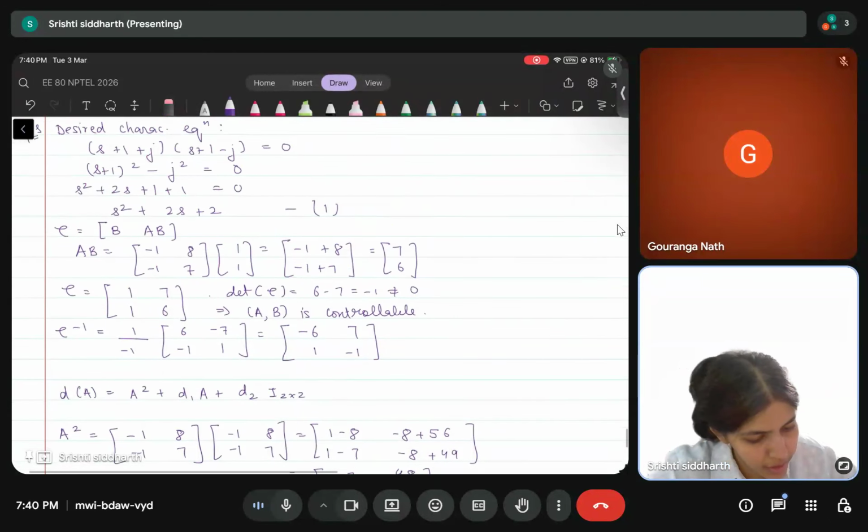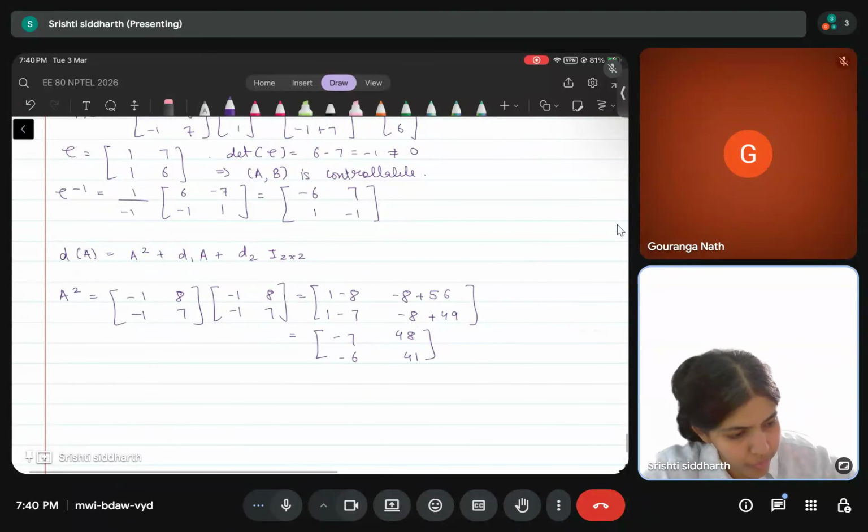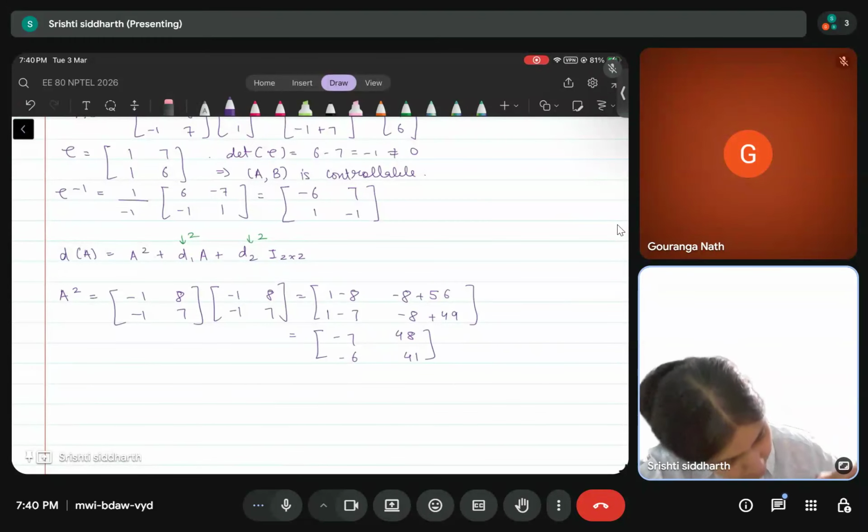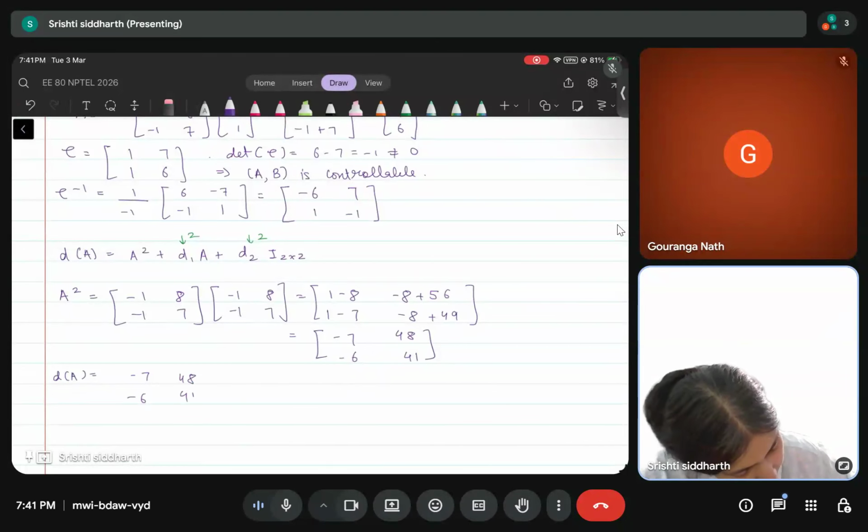We know d1 and d2 to be 2. So D looks like minus 7, minus 6, 48, 41